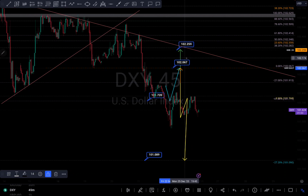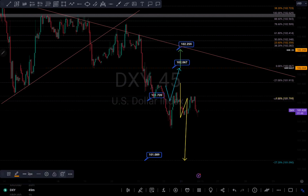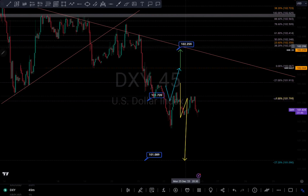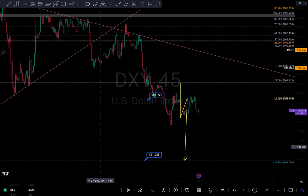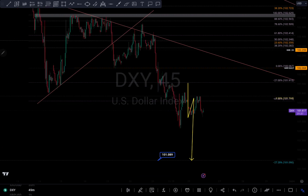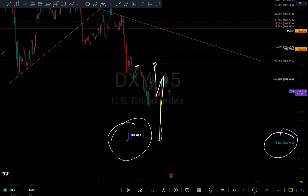So I'm going to delete my previous analysis and reanalyze based on the current price market, guys. So let's delete that, delete that, delete that, delete that also. And you can see that I also use this line right here, that if we just continue to around this area right here, we might just come here, retest, and continue to push to the downside, because like I said, like the overall is negative 27% fib level on the bigger time frame,